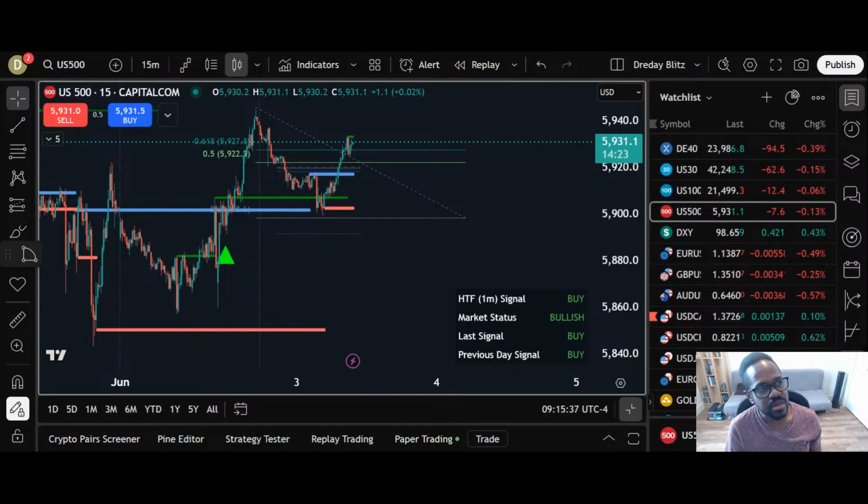But you don't need to wait. If you're more comfortable using the fib, since right now you know exactly how to use it, you could always use the fib and get an entry off of that, as you saw at the London session this morning. German 40 and US 30. That went to 50% of the fib and started to react right away, and it did a big, big down